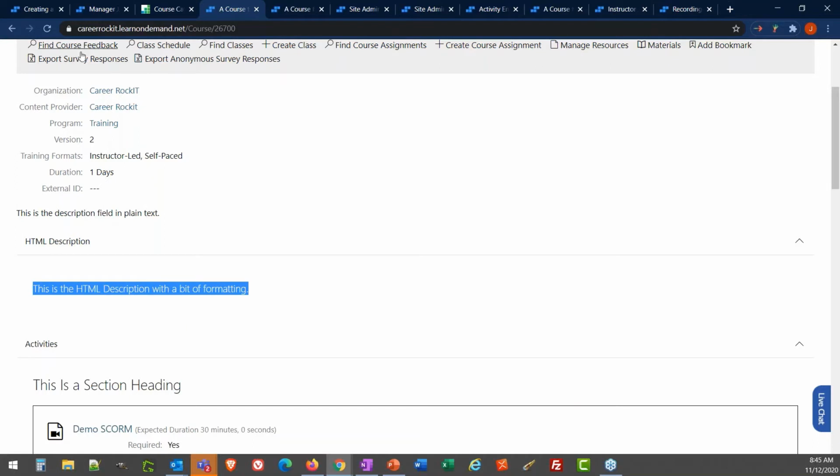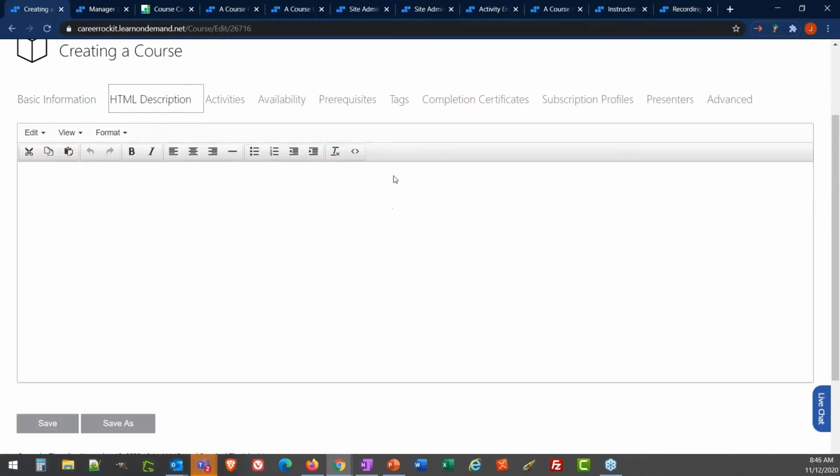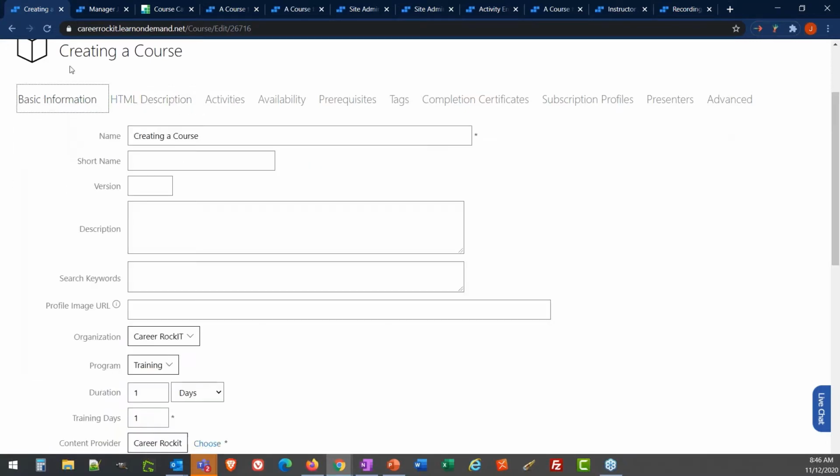If you actually know how to code and want to get creative, you can add all sorts of coding in here, and images and anything else that you want in here. And they have some basic formatting tools as well. For a class though,